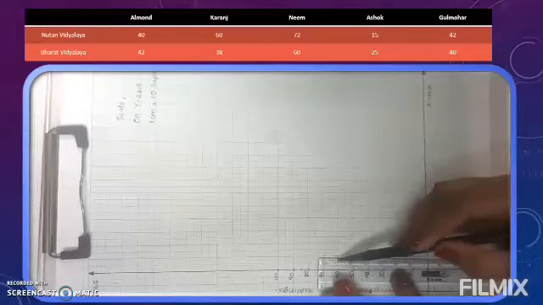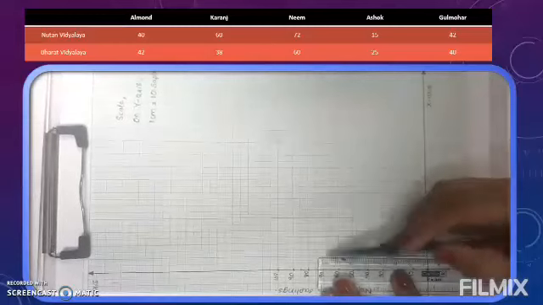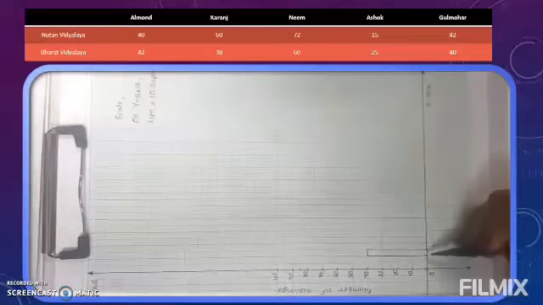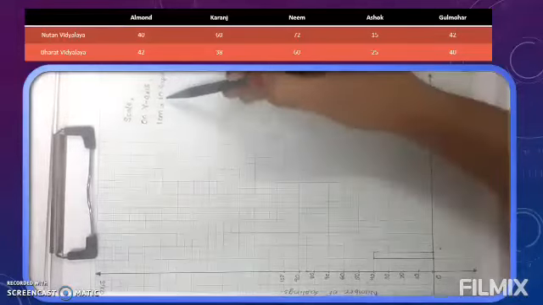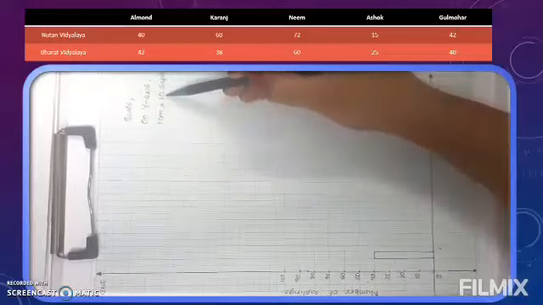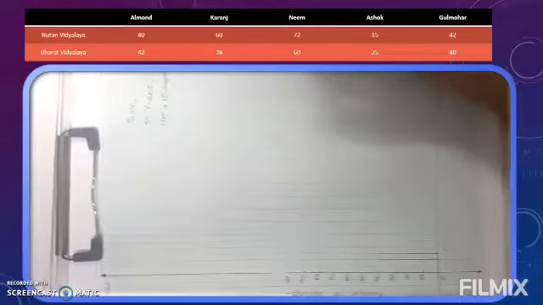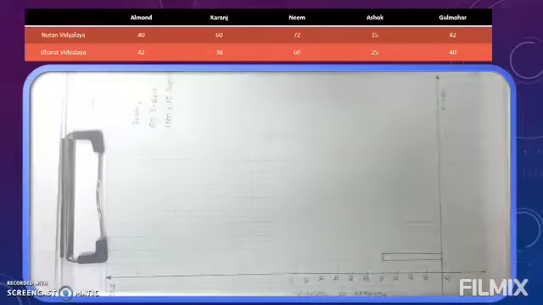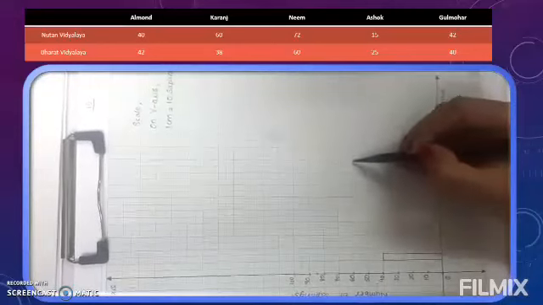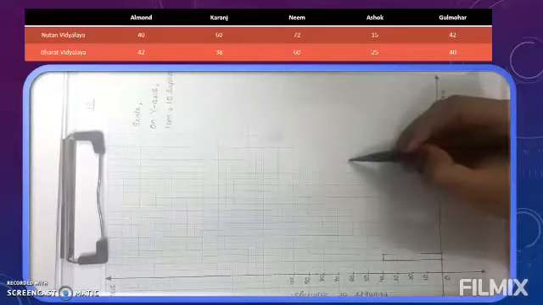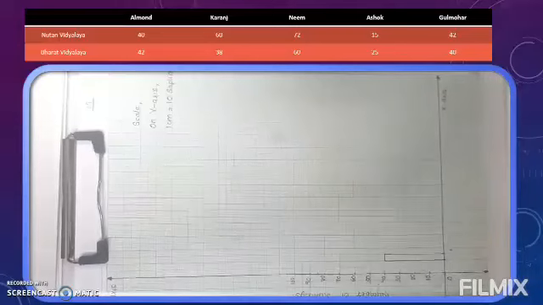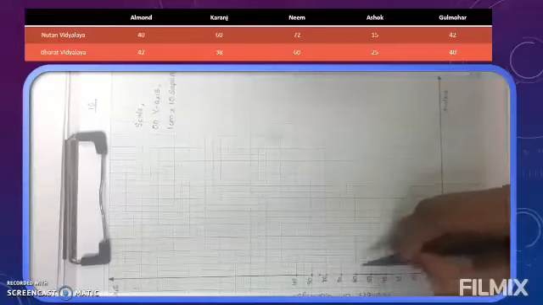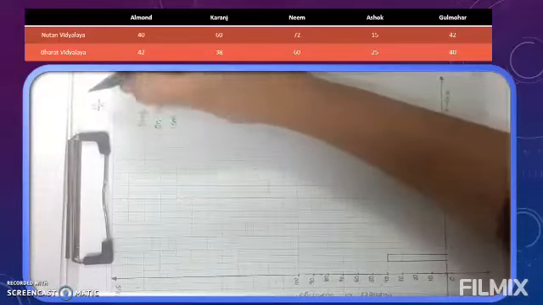In the same way, I told you that these boxes also represent your scale. So here one box is divided into how many equal parts? 10 equal parts. Correct? So we will see what scale we have taken: 10. So divide the scale by the number of lines this one box is divided into. This one box is divided into how many equal parts? 10, as your scale is. If you want, you can count and check; there are 10 equal parts. So we will divide this by 10.